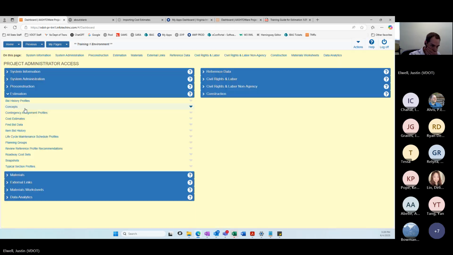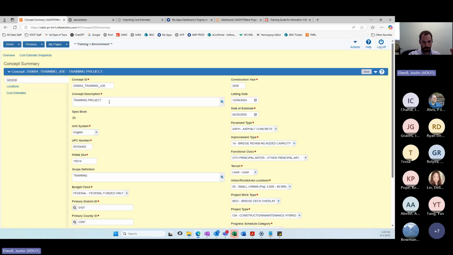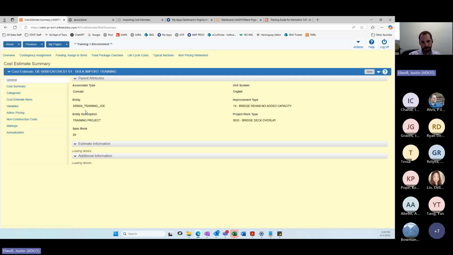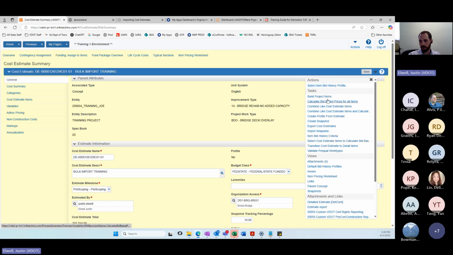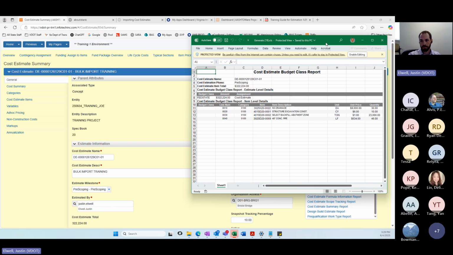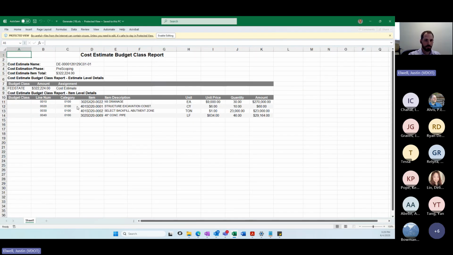To show you from the beginning how to get there: concepts, get to your concept, and then to your cost estimate from there. Once you click into your cost estimate, it's the actions button on the right, and you're looking for the cost estimate budget class XLS report. This is the new report that we just released that allows you to export to Excel.